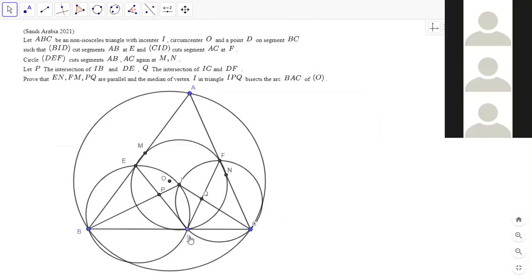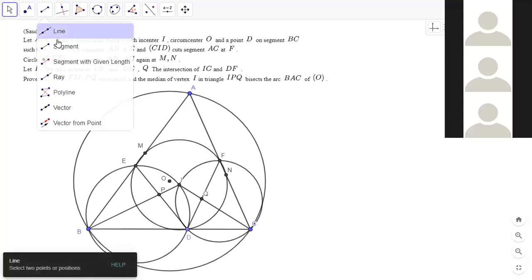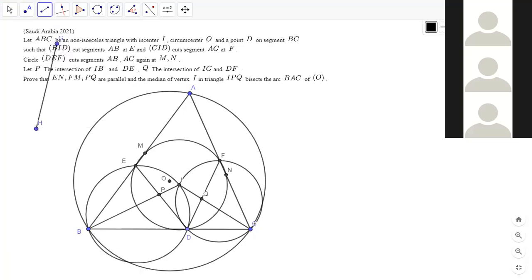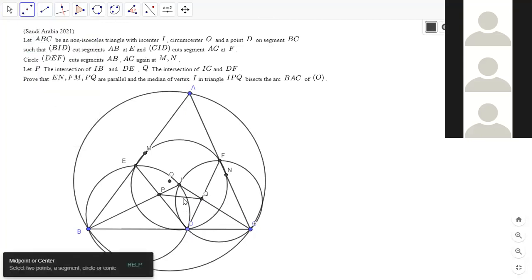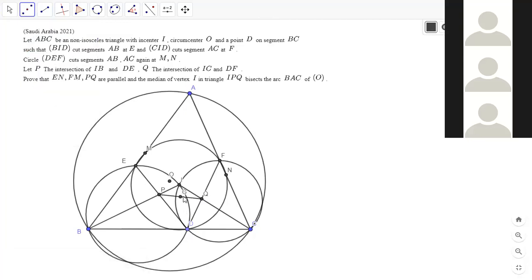So EN, FM, and PQ. This is interesting because this is a very general configuration, I feel like. And then we want to show the median of vertex I bisects arc BAC. So yeah, this is a very general configuration, so I feel like it could probably be useful in a lot of problems. Okay. So it feels like it might use some stuff with medians, because we want to show